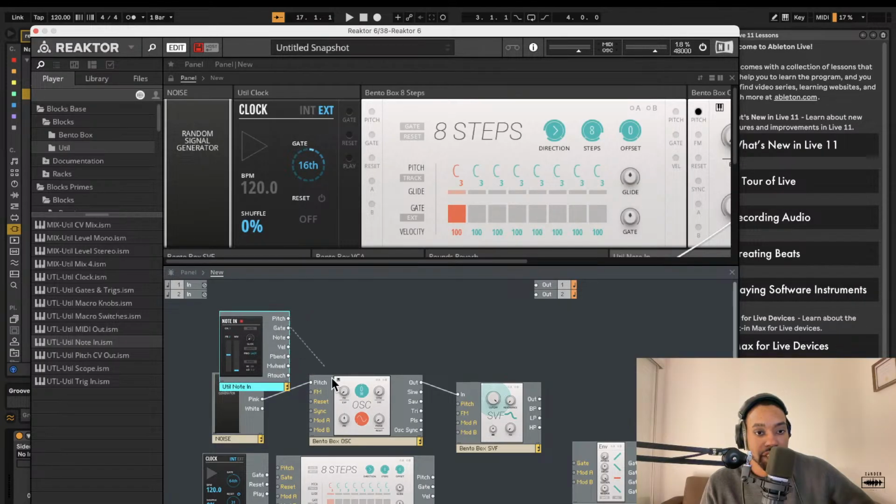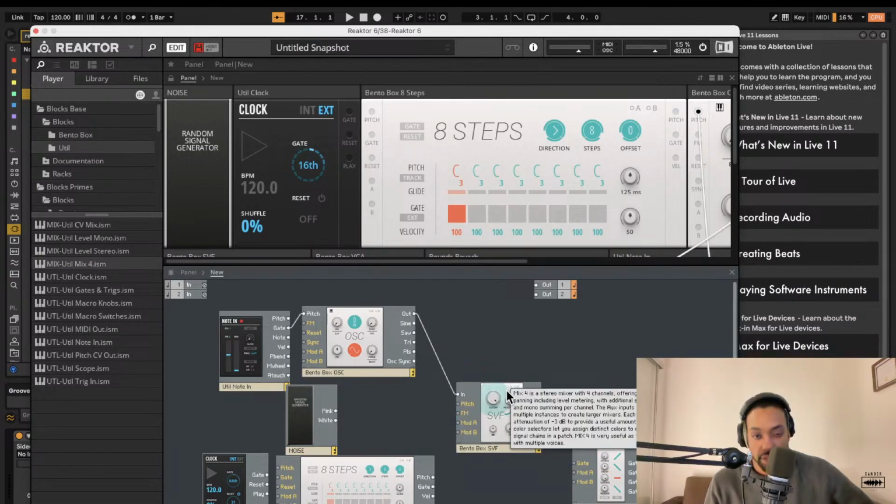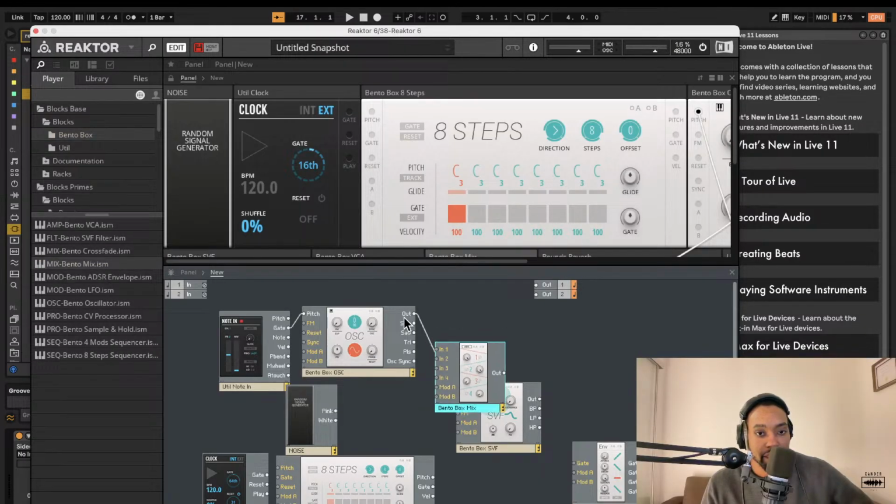So we'll patch up both the oscillator and the noise to a mix. So we'll blend the two sounds together essentially. So I'm going to go to the bento box collection, grab a bento box mix,